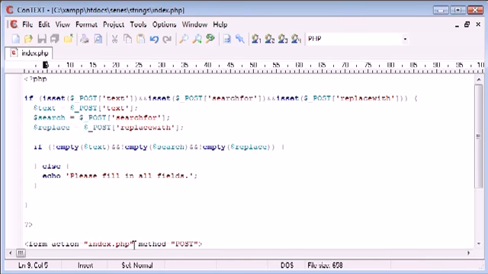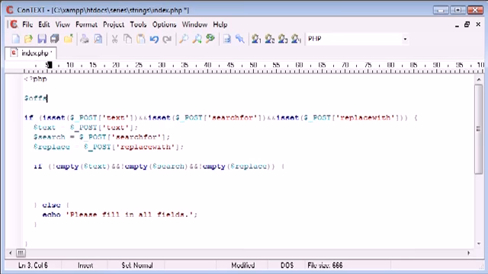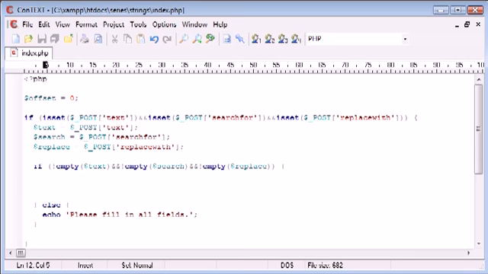So inside here, we can write the code that is actually going to process and return this. So let's create a bit of space in here for ourselves. Okay, so the first thing we need to do is predefine a variable up here called offset. And this is important with the substring function, because once we find an instance of a word inside our string, the offset is where we're going to search from